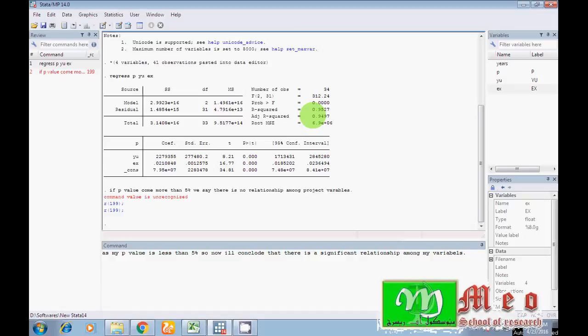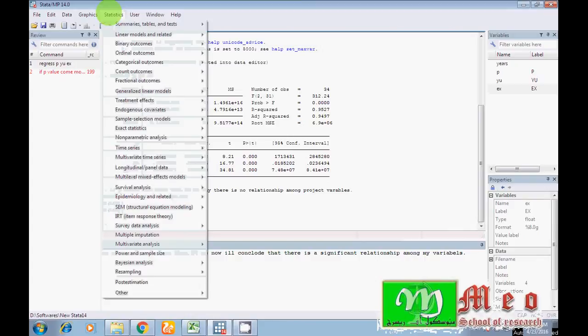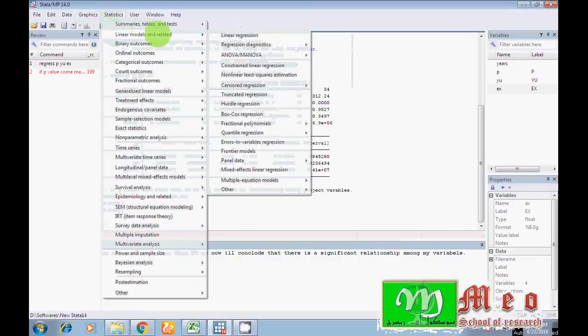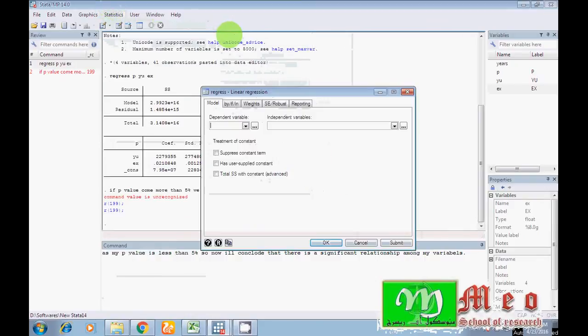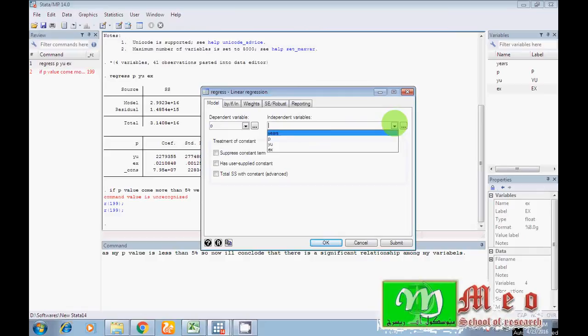Guys, this was the first way of running regression, with the help of the command. Now I want to run regression with the help of the click system. Go to Statistics, Linear models, and then Linear regression. First of all, select the dependent variable. I have p as my dependent variable. From here select your independent variables.